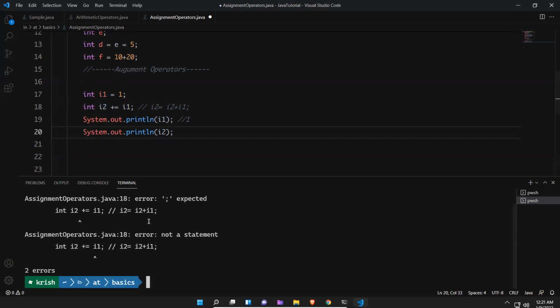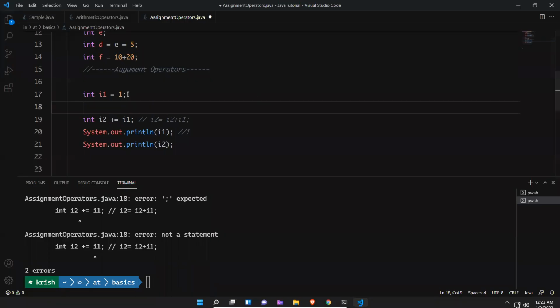Here I'm getting an error. We made a mistake. For int I2, we need to give the value for I2 also. I2 equals 3. Now I2 plus equals I1, I2 equals I2 plus I1.